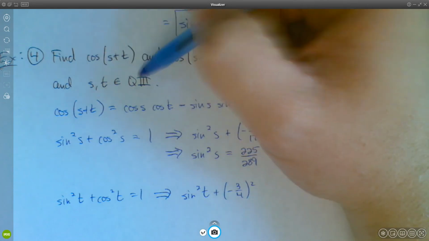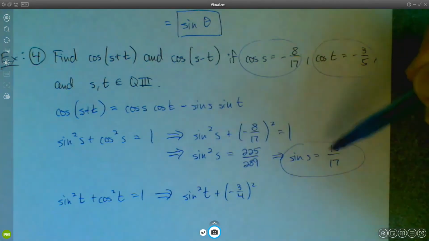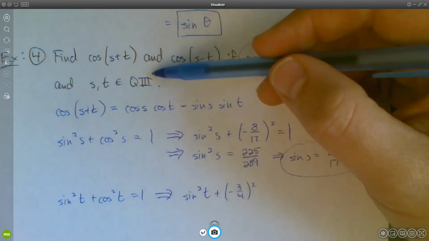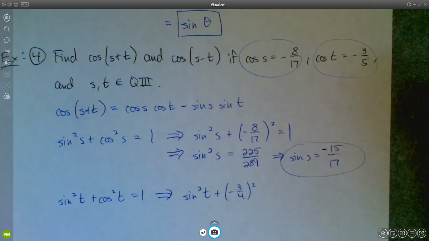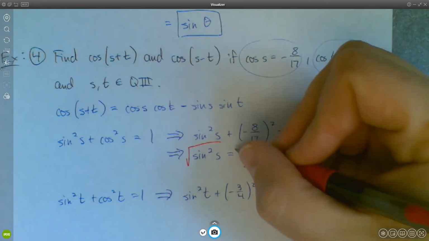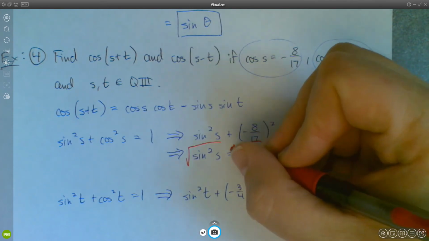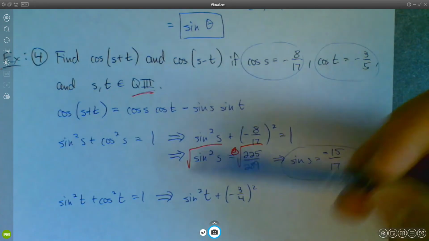So s and t are in quadrant 3, right? When I took the square root, I needed to have a plus or minus sign, so I needed to choose, is this going to be positive or negative? If we're in quadrant 3, this is going to be negative, right? So I need to have a negative sign there. My apologies. Let me do this so it's more clear. I've got to choose the negative one because we're in quadrant 3, right? Okay. Well, anyway, finishing this up,